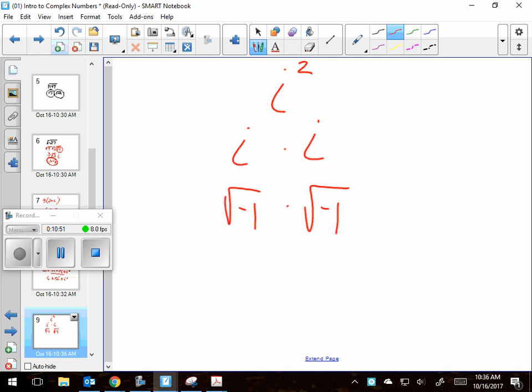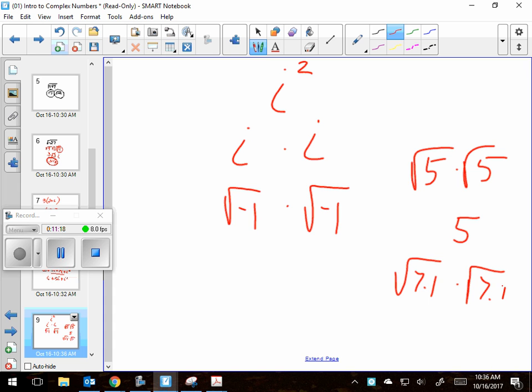And then, at that moment, a special property kicks in: whenever you have two square roots that are exactly equal to each other, like, I'll give you an example, root 5 and root 5, do you get that's actually root 25? And therefore it's 5. So this equals 5. Hint, root 7.1 times root 7.1. You know the answer. 7.1.